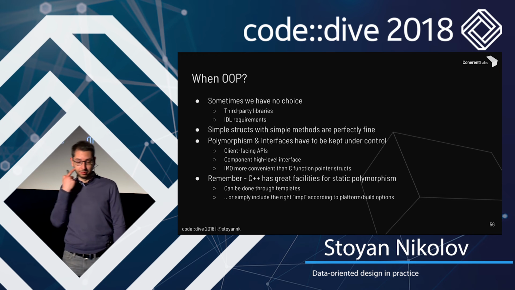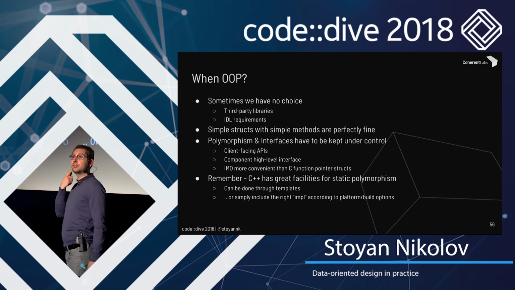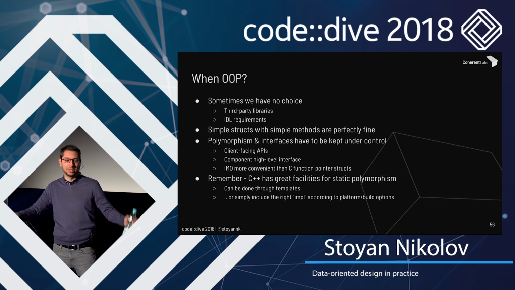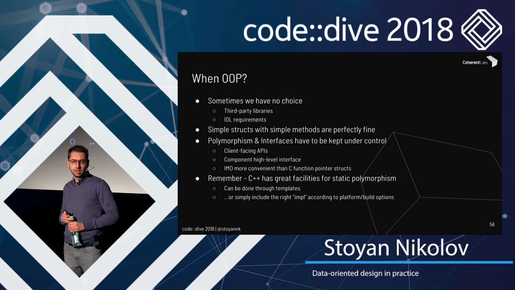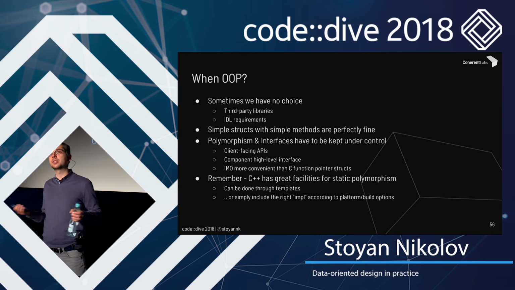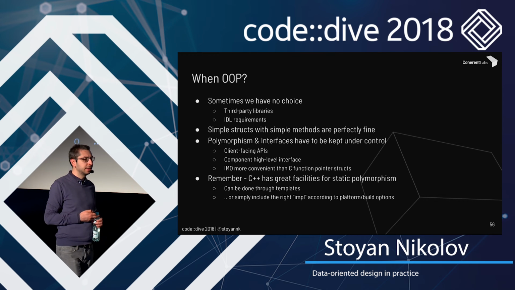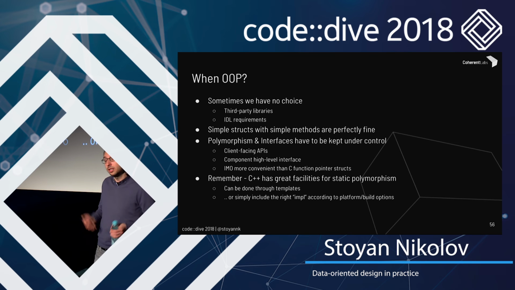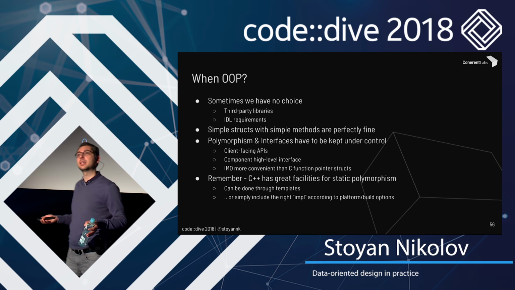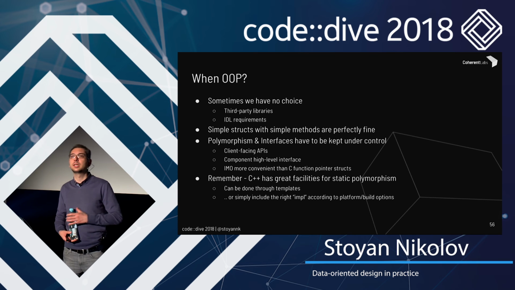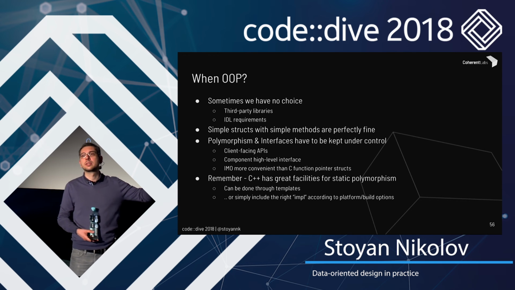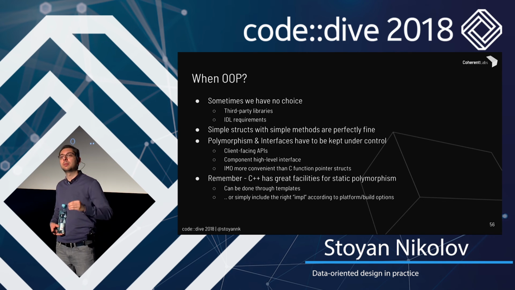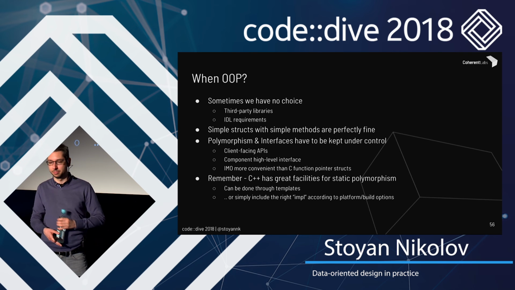And when do we object-oriented program? Well, sometimes we have no choice. I mean, you can have third-party libraries that use object-oriented programming, so you have to adapt, you have to use that. You might have some requirements for your API. And I believe that polymorphism and inheritance, and interfaces mostly, definitely have their places in our code bases, but they are usually in the high-level systems, not, as we saw, in a very low-level system, in the system just for interpolating thousands of animations, where you have to pay an extremely high cost for this dynamic polymorphism.